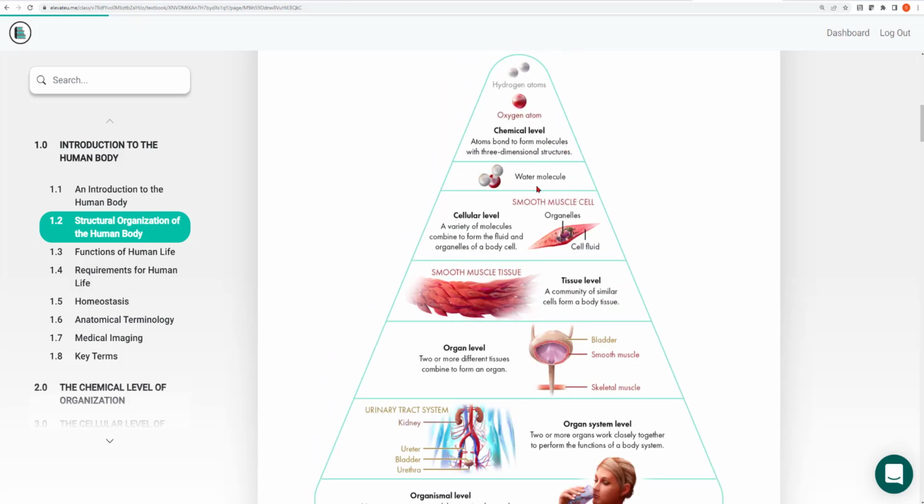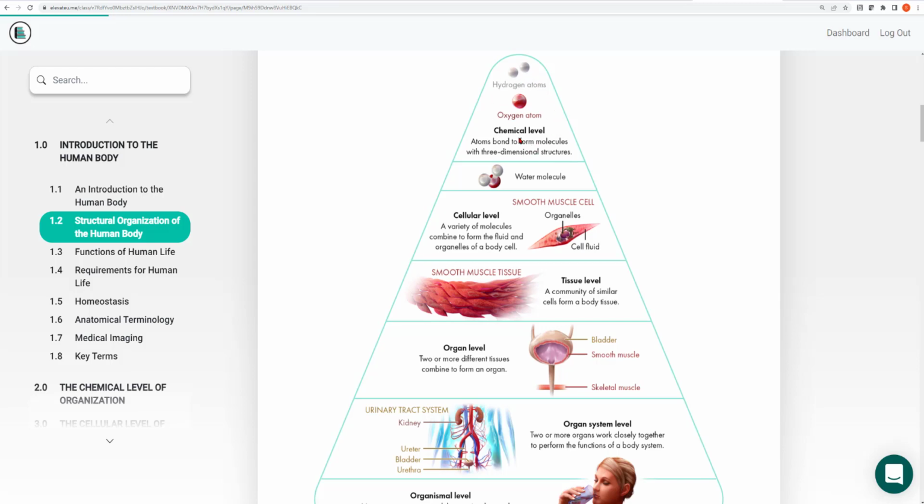Before that, the organelles themselves are made up of molecules, things like water shown here, but also other molecules. Look on your food label and you know that when you eat, you are eating proteins, carbohydrates, fats and lipids. Those are also molecules that are the building blocks of your organelles and your cells. And then most fundamental is that those molecules themselves are made up of atoms.